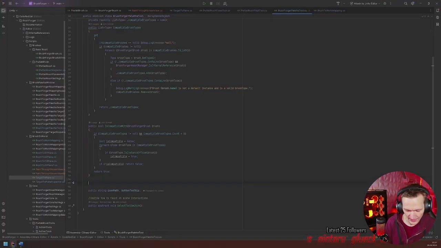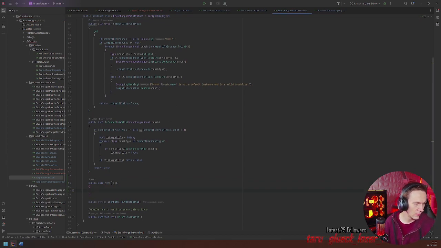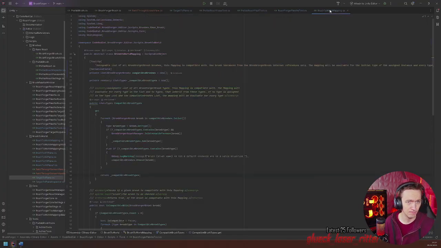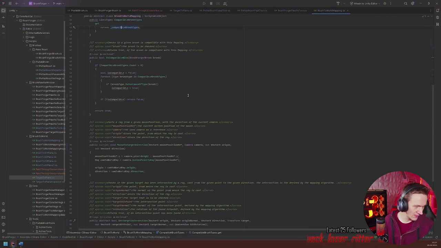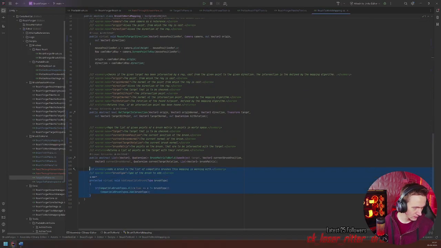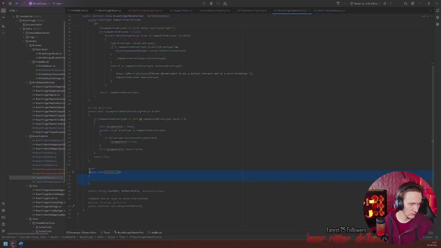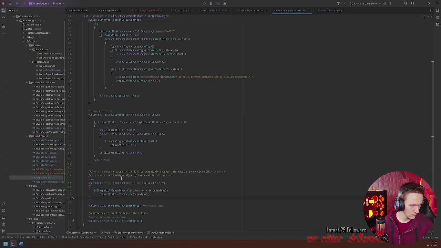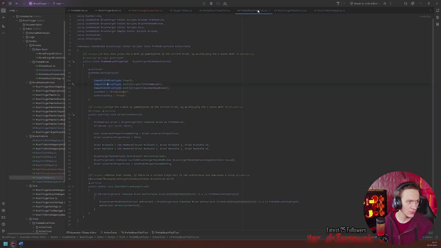We can provide an add function, public void add brush, and then we add compatible brush. The same as, I think this time it's really the same as with the mappings, and let's just copy the method. So this would then make sure